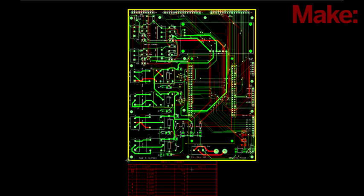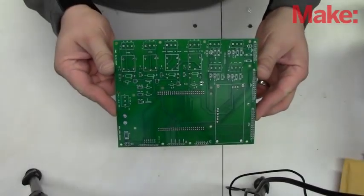This layout format allows you to see where parts are placed and see where the routing and the traces go. This does all my wiring for me and gives me a really neat product at the end. It's like Christmas when the board that you designed shows